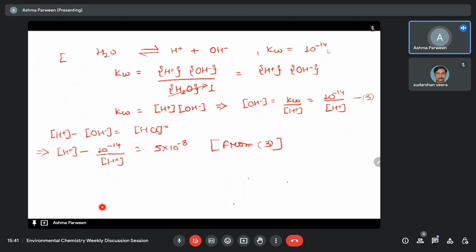We will have a quadratic equation, that is H plus square minus 5 into 10 raised to power minus 8 H plus minus 10 raised to power minus 14 equal to 0. So it is a quadratic equation where H plus is the unknown. We can solve this equation and we will get the value of H plus. So after solving, we are getting H plus as